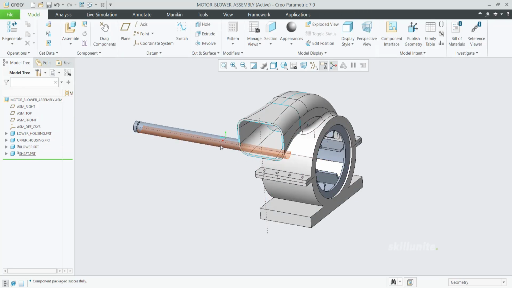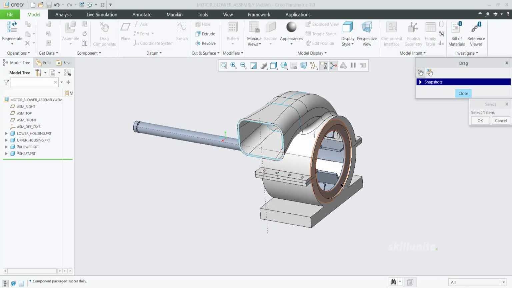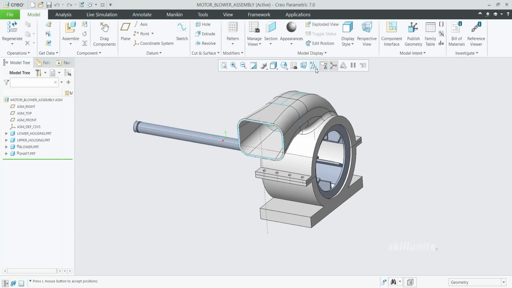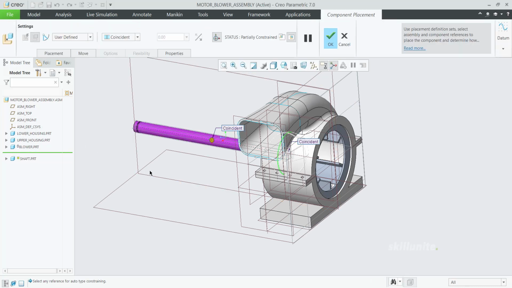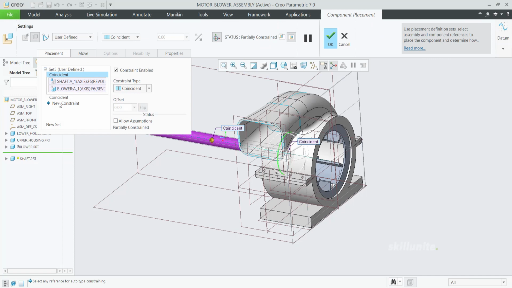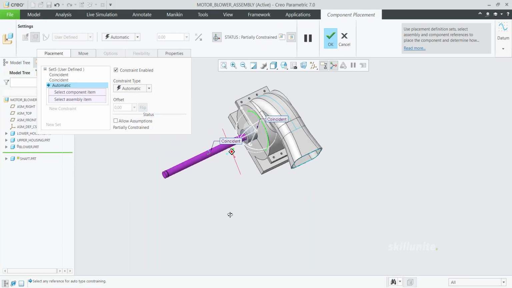Now with respect to this, this has to rotate. If you go for track component, you can select this component and this component, and they have to rotate in the same manner. For that, turn on your planes and use shaft. Go to placement, click on coincident relation.